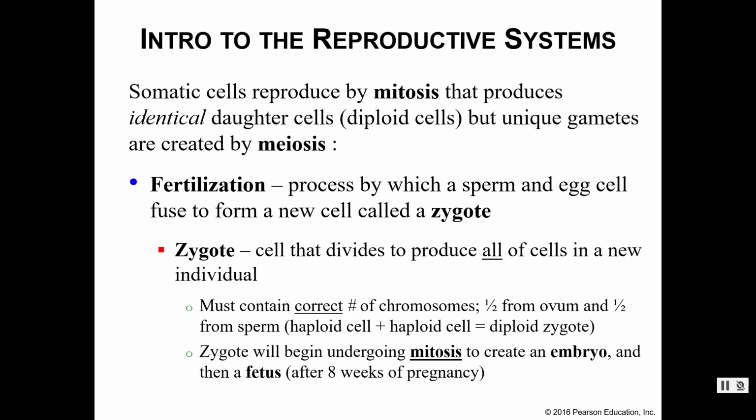Now, meiosis is how we make gametes. That's how we make the sperm and the egg, the sex cells. Now, fertilization occurs when we form a union, basically, between the sperm and the egg. They're going to fuse. Once they fuse, they form a zygote. The zygote will then divide via mitosis, actually, to create all of the cells necessary to grow an actual